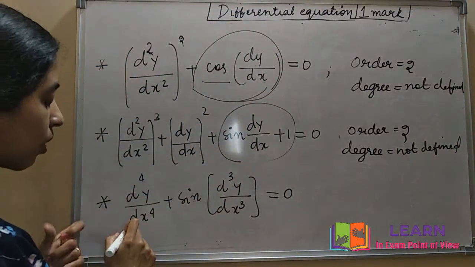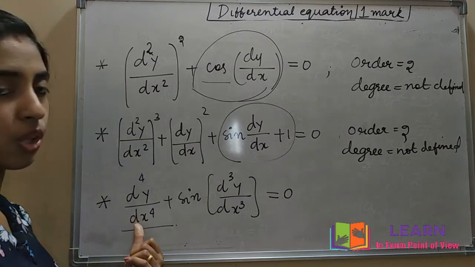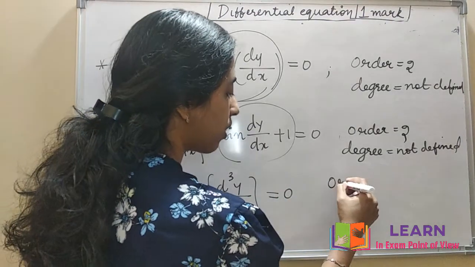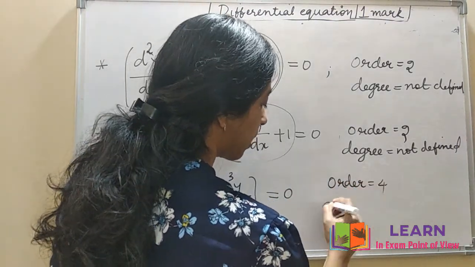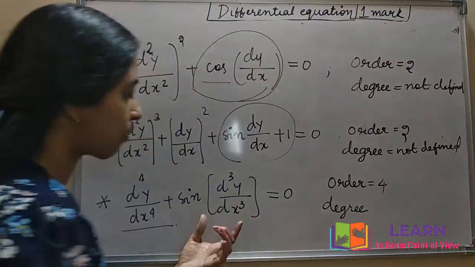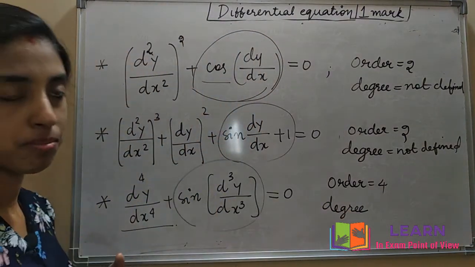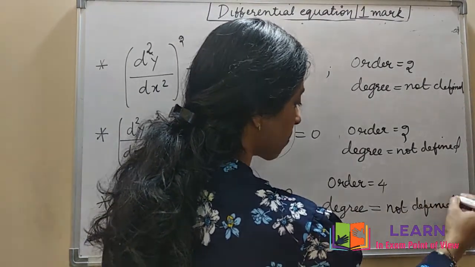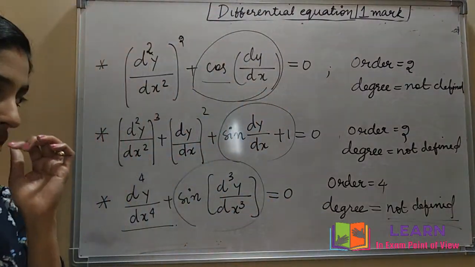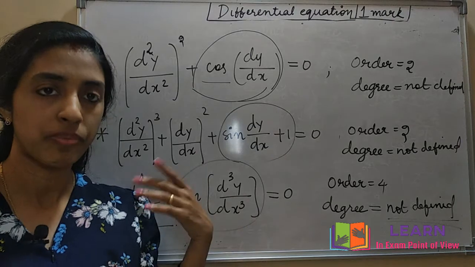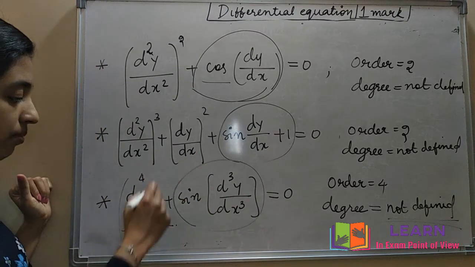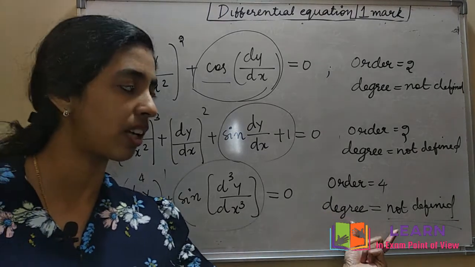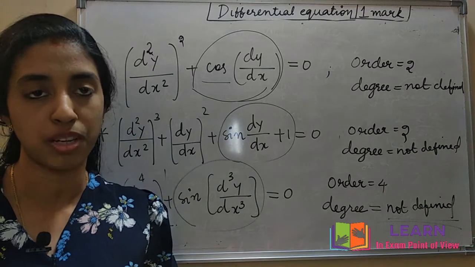Then the third one, same with order. Here the order is what? Here it is a fourth order derivative, d raised to 4 y by dx raised to 4. So order, no problem, you can write it as 4. But for degree, check whether it is a polynomial function. Here also a sine function is coming. So you can write degree is not defined. Okay, so these types of questions can be expected where you will get confused about whether to write the degree as 1. That is wrong, because here the sine function is there, so degree is not defined since it is not a polynomial function.